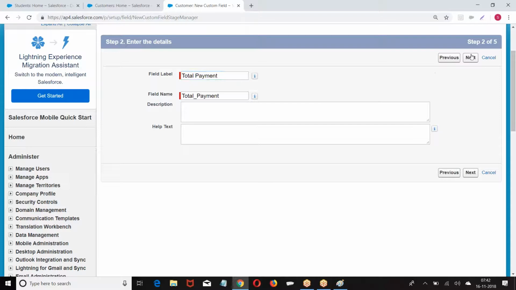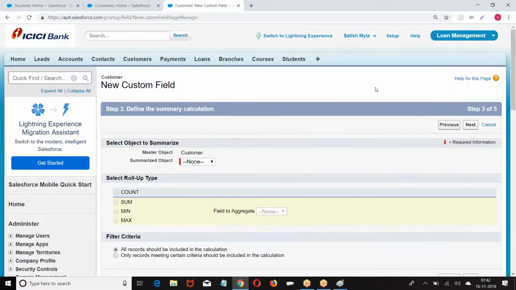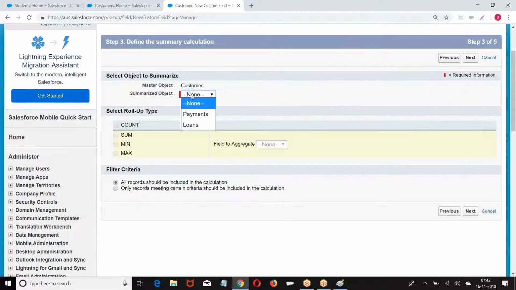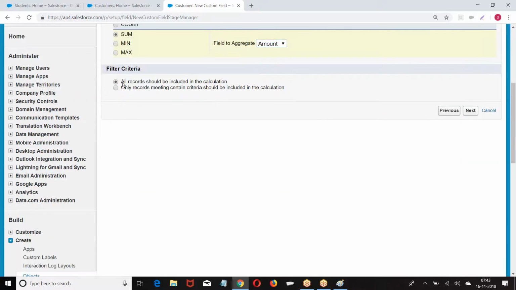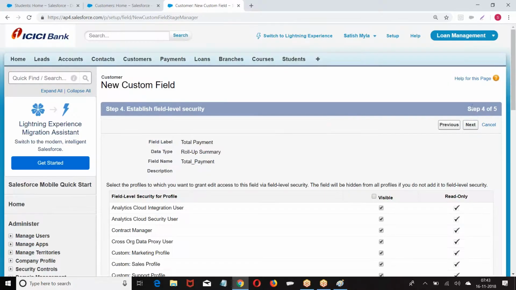Total payment. Next. What type of operation? Now, customer is a parent to payment as well as loan. Which object are you trying to summarize? Payment. Count, sum of amount. It is asking, should all the child records be included? I told you yes, all the child records should be included.